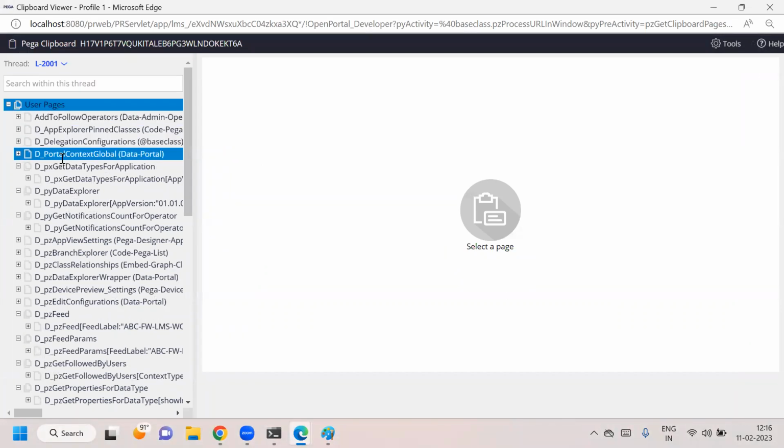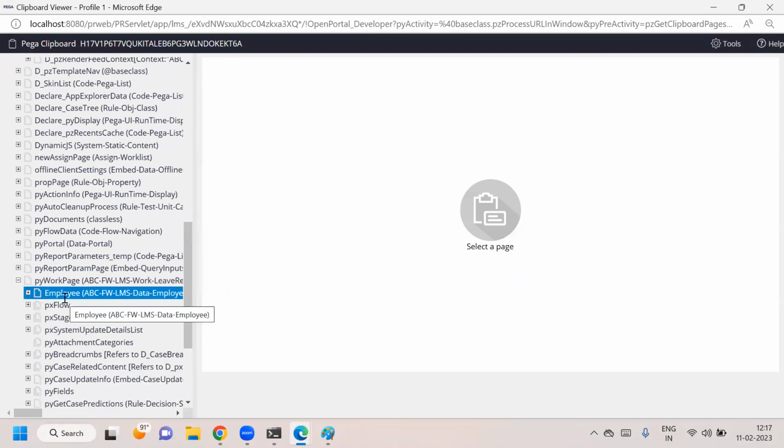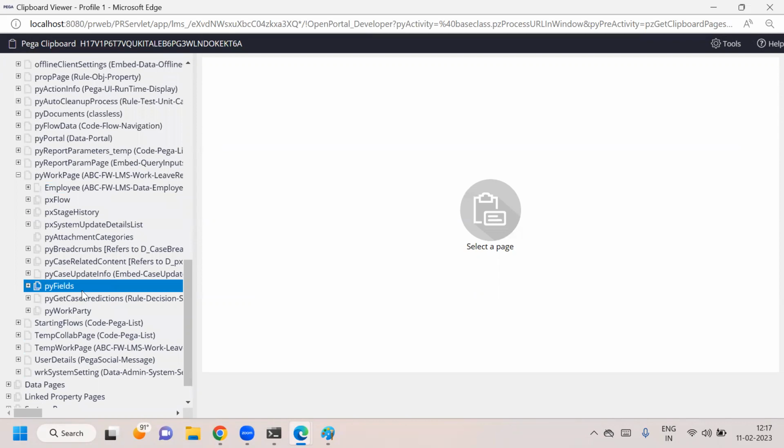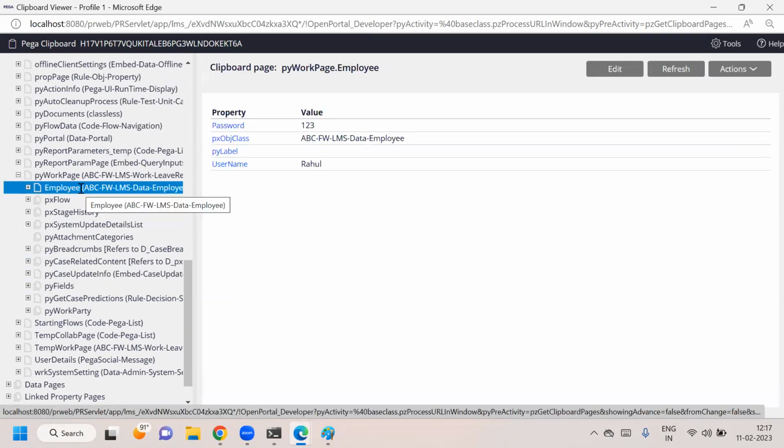Now, under the user pages, you need to look for which page exactly: the pyWorkPage. Under the pyWorkPage, you'll have your employee page. Now, where is that information exactly available? Is it available on the employee page? Obviously, right? So you see here, the username and the password we can see on the employee page itself. Now, we need to check this